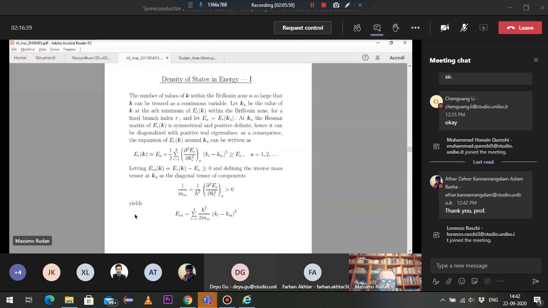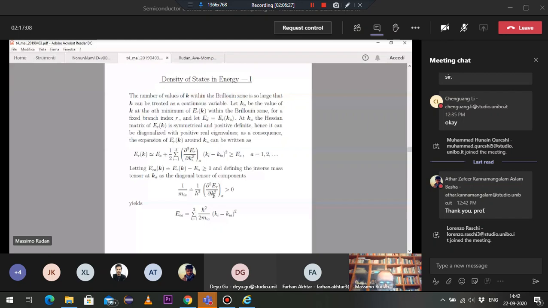We may simplify the notation because if you take the expression of the expansion, and then you think of multiplying and dividing the second order term by the square of h bar,